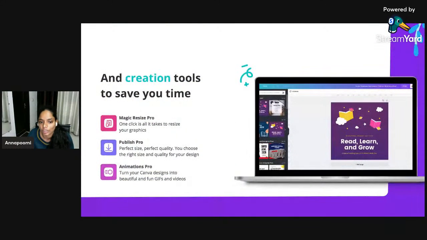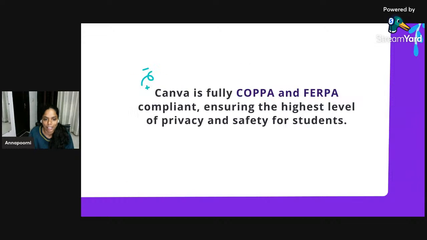Typically, any design on Canva takes about 20 to 30 minutes. That's why I would encourage all of you to participate in the design challenge. I know it's a Monday and the week has just started, but take 20 minutes for yourself and try to design something powerful, something creative, that reflects creativity in the classroom. And you never know, you might be one of the people who win the design challenge.